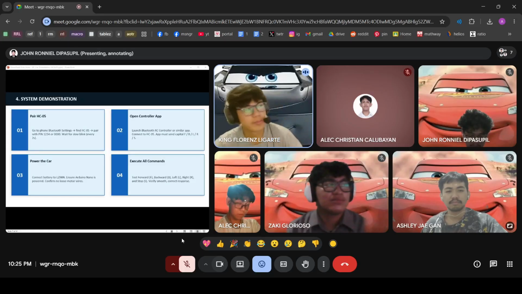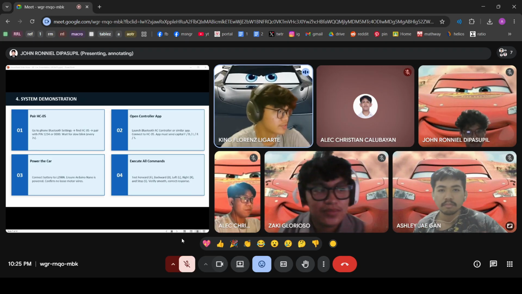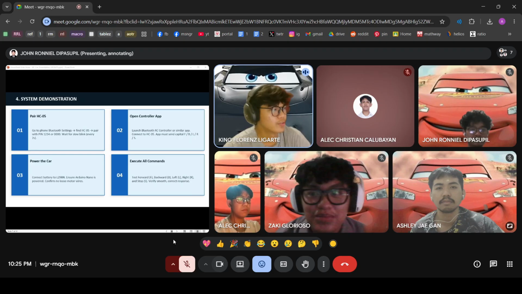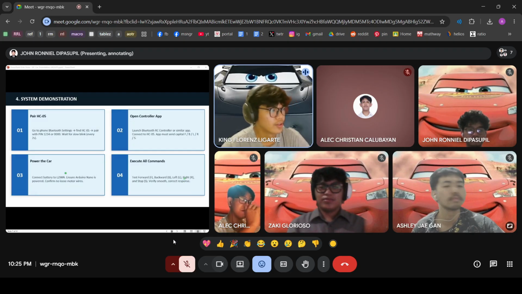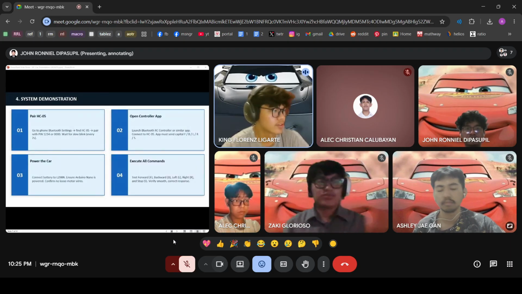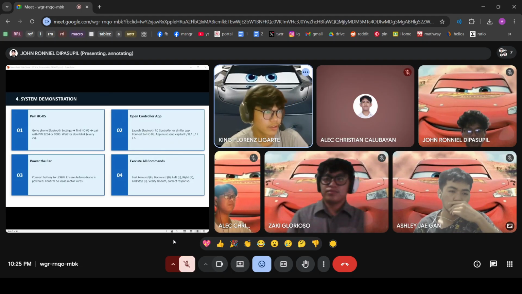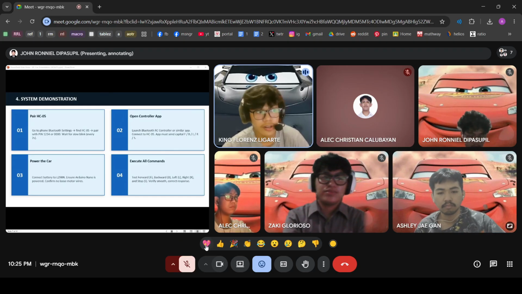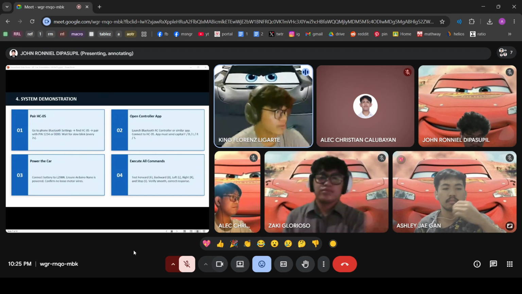As for the system demonstration, the first part is to pair the HC05, the Bluetooth module. Go to the phone's Bluetooth settings, then pair it to the HC05. After pairing, the blinking on the Bluetooth module will stop. The second part is to open the controller app, launch the Bluetooth RC controller or any similar app that uses Bluetooth. For our third step, power the car, connect the battery to the